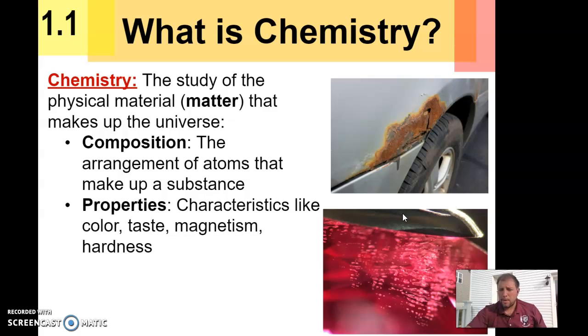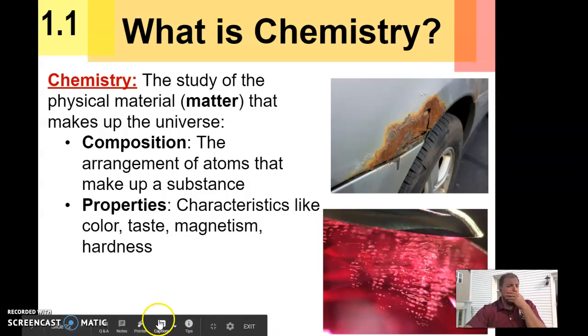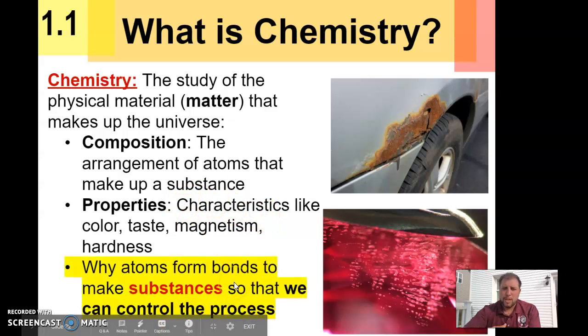We're going to study the properties of different substances, why they combine, and why they don't. This is really the most important aspect of modern chemistry: if we can understand why atoms combine in some ways and don't combine in other ways, then we can control how atoms combine, and we can produce all sorts of new substances that will be very